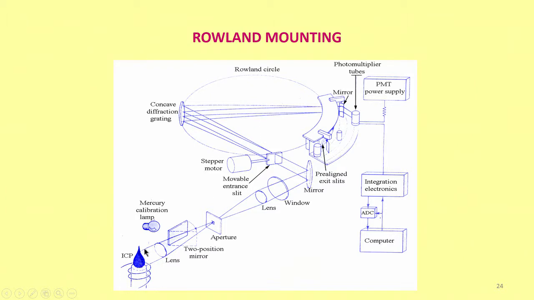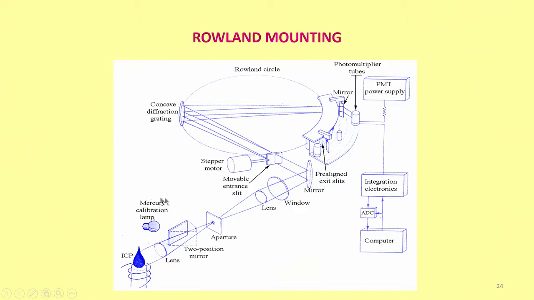I have an ICP source here, and a mercury calibration lamp, that is to fix the wavelength. It is a sort of calibration lamp because mercury gives fixed wavelengths whatever the intensity. So all the wavelengths obtained in an ICP are fixed relative to the mercury lamp, because the mercury lamp is known to give exact wavelengths. The wavelengths coming from the grating and the mercury lamp are matched, so that there is no ambiguity about the selection of the wavelengths.